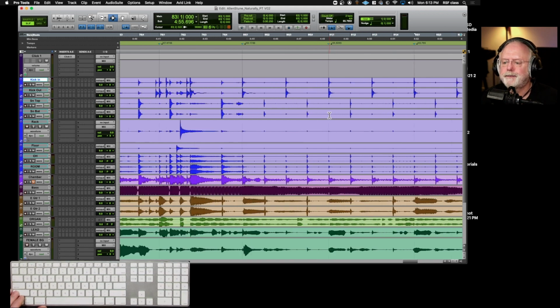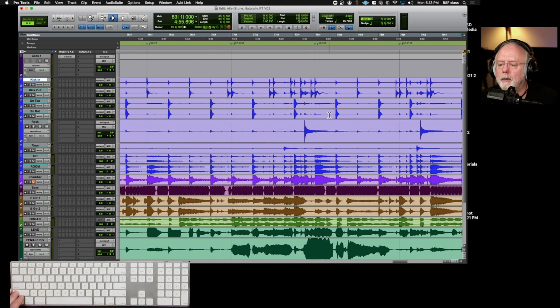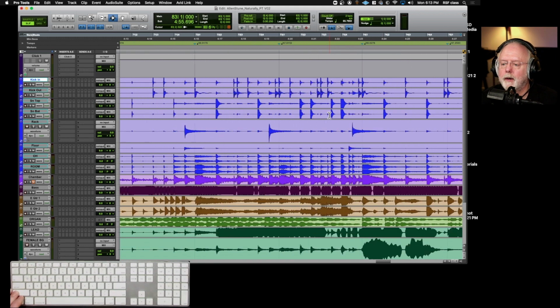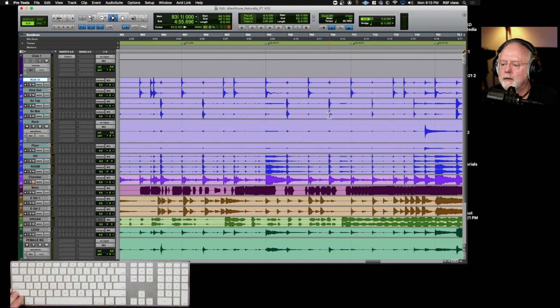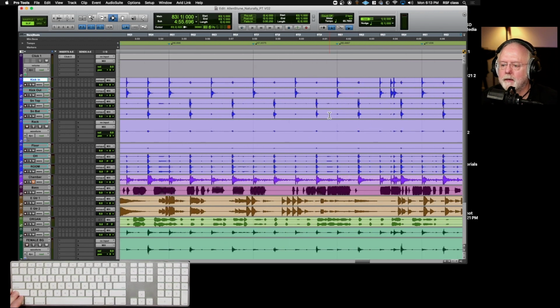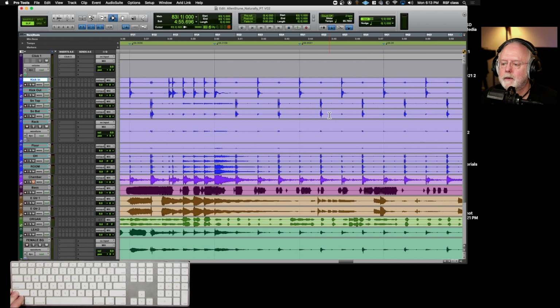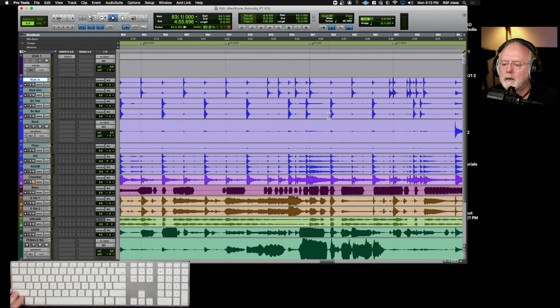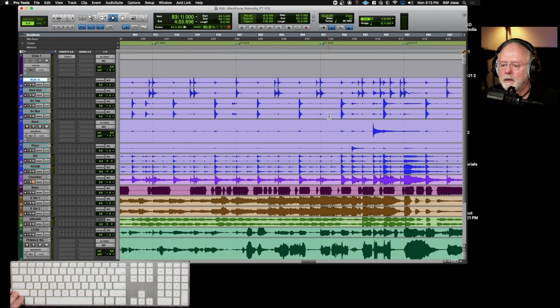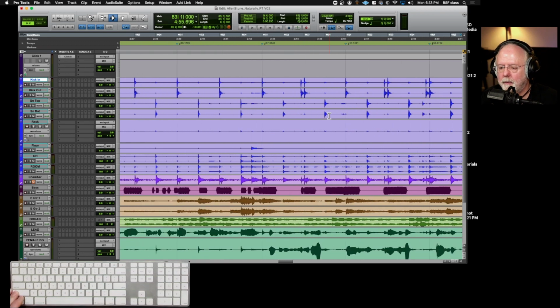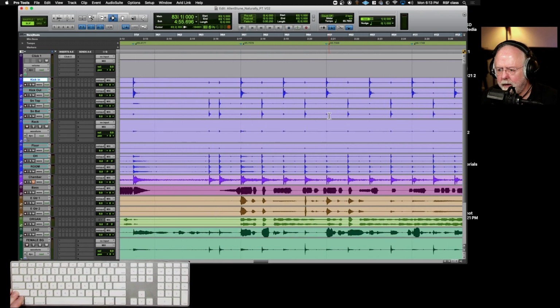Alrighty, that's it. So I'm just going to scroll back through and look at my tempos and see if I made any drastic mistakes, or if they're all somewhere around 66, 65, 67. Great. And that's how you make a tempo map. And if I wanted to get more accurate,